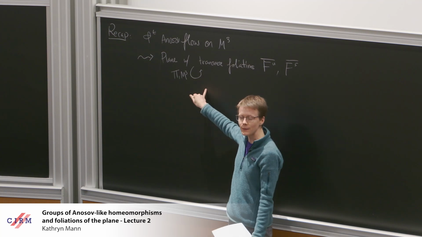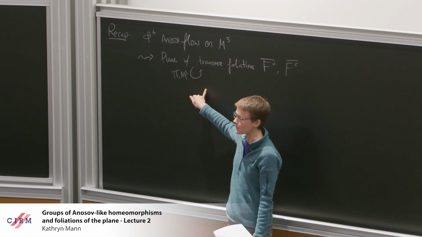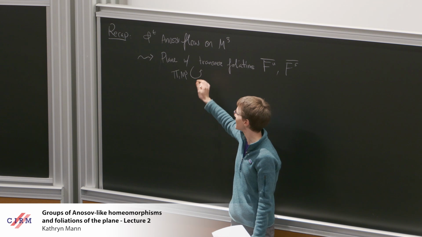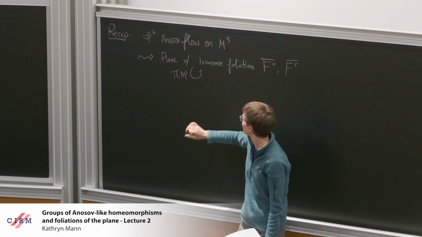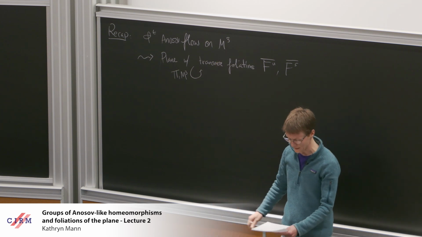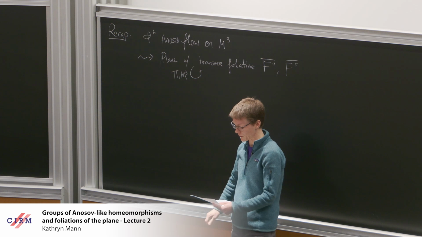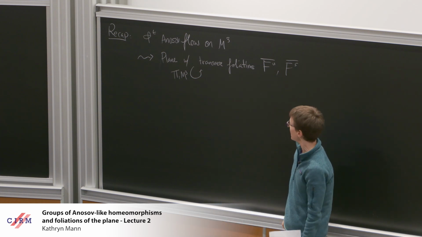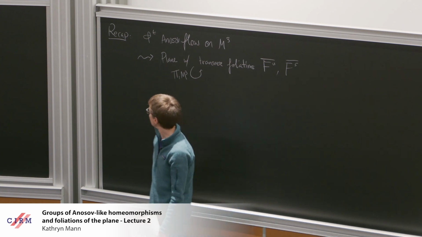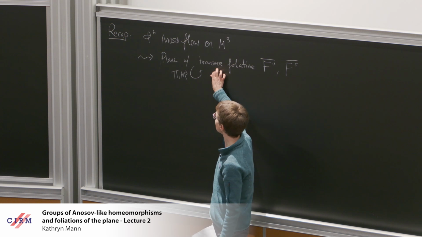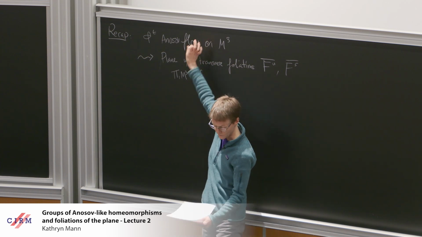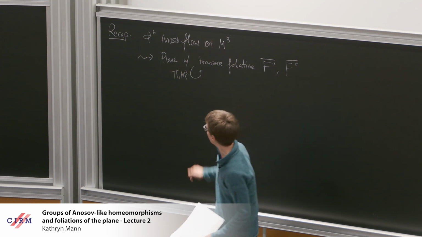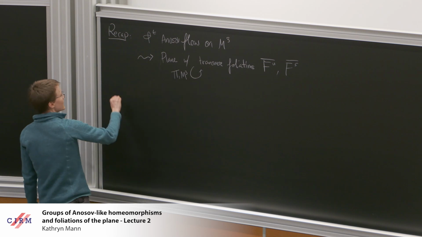But I don't really know how to use that to my advantage, and in the pseudo-Anosov case, you don't generally have that. To me, this is just a plane with two transverse foliations and a group acting on it. And I stated a theorem of Barbot that says understanding this is enough to completely recover the flow. Okay. Examples of what this thing looks like,